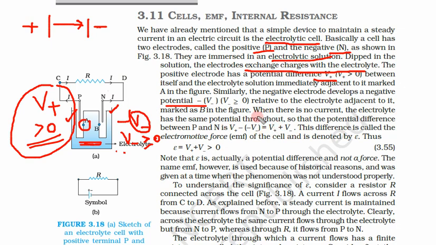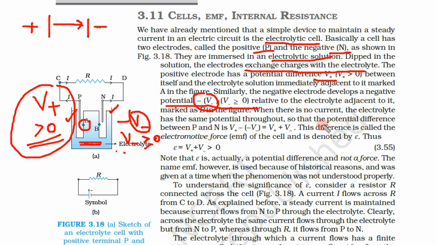So now see, there is a difference. V negative is either 0 or greater than 0, but again see, there is one more minus sign. So this terminal is either at 0 or always at some negative value. This terminal is always at positive. This terminal could be at 0 or could be at some negative value. So this is the meaning.